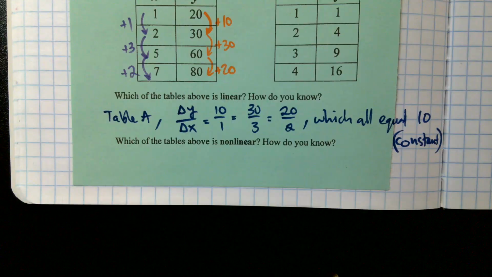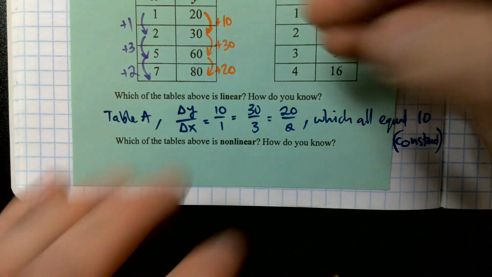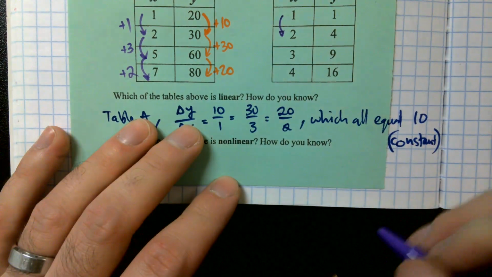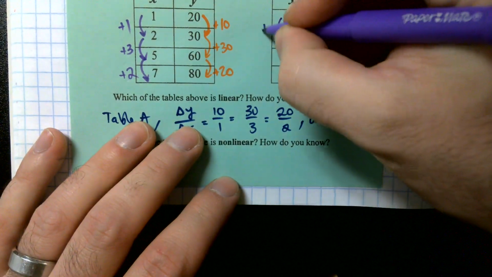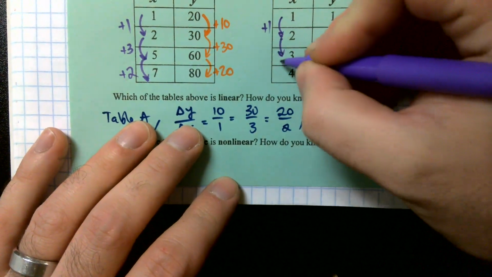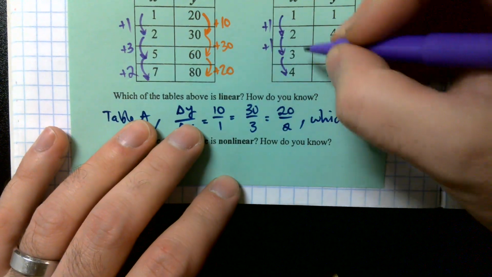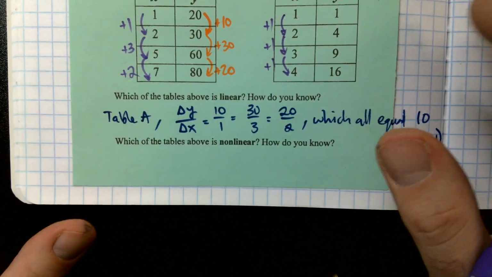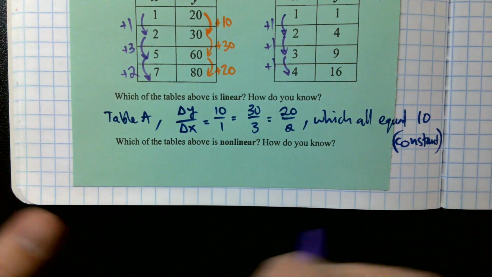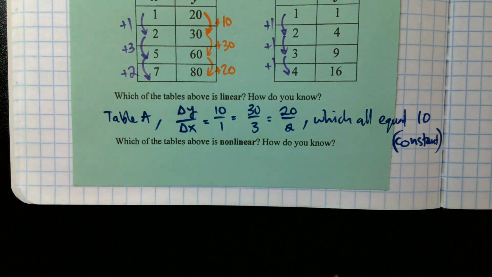Now let's look at table B. How do I get from 1 to 2 in table B? What am I adding from 1 to get to 2? 1. What about from 2 to 3? And what about from 3 to 4? 1. So far so good. That's nice and constant. Because I now see the same number on the left, I should see a repeating same